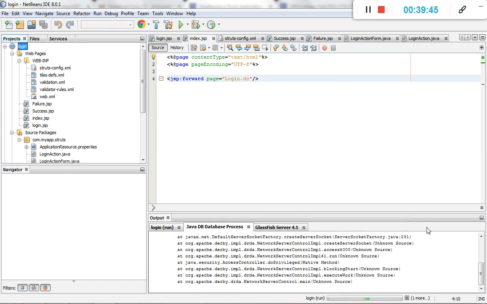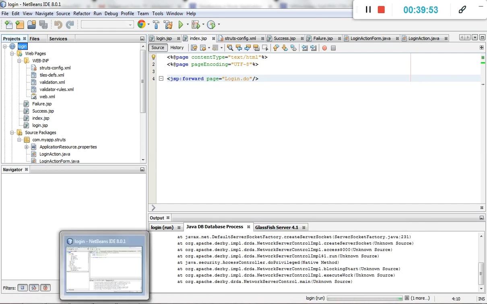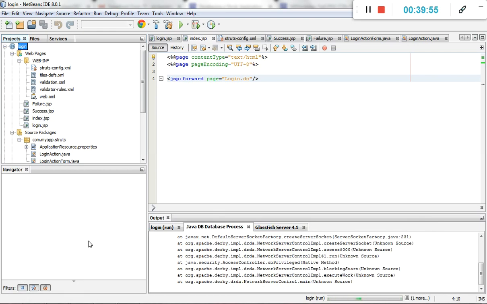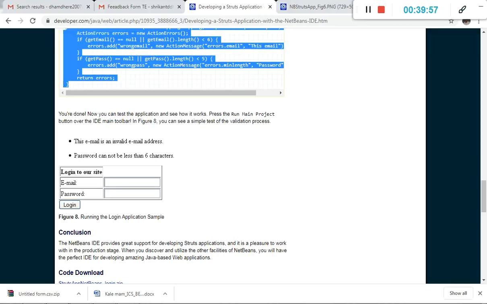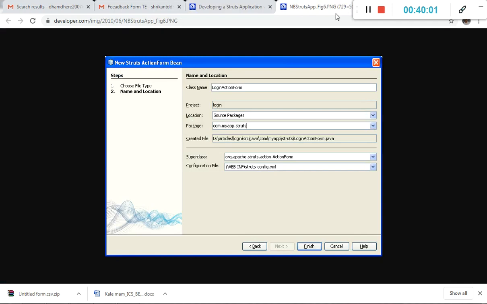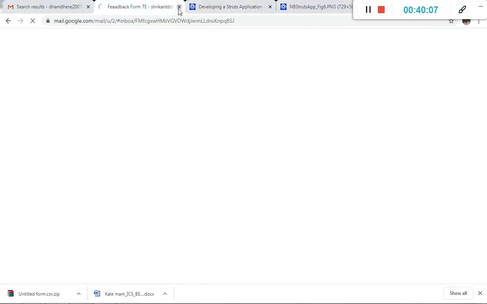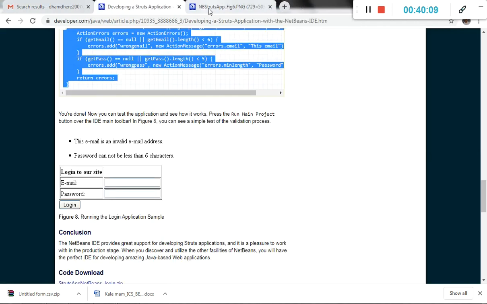Okay, it runs the particular project and it opens the web browser. Close this. Close this.